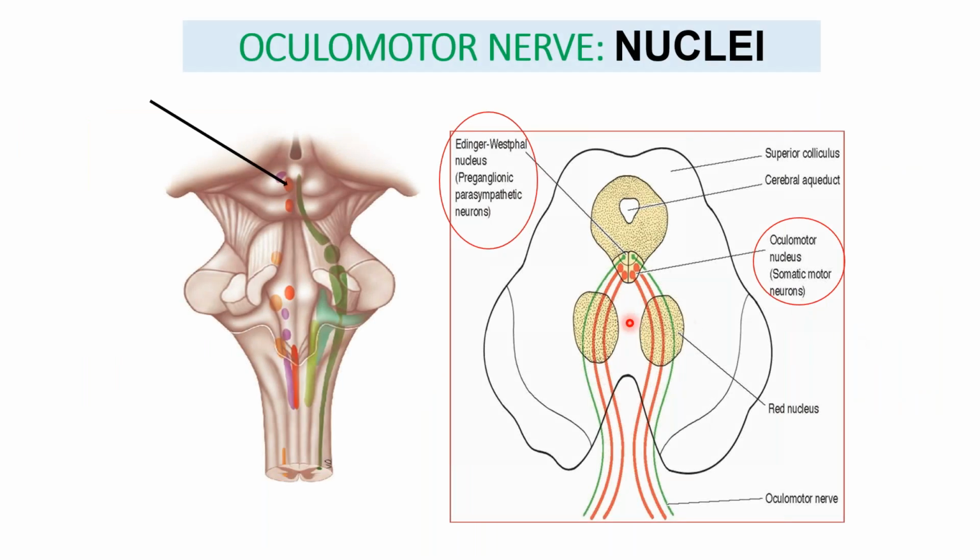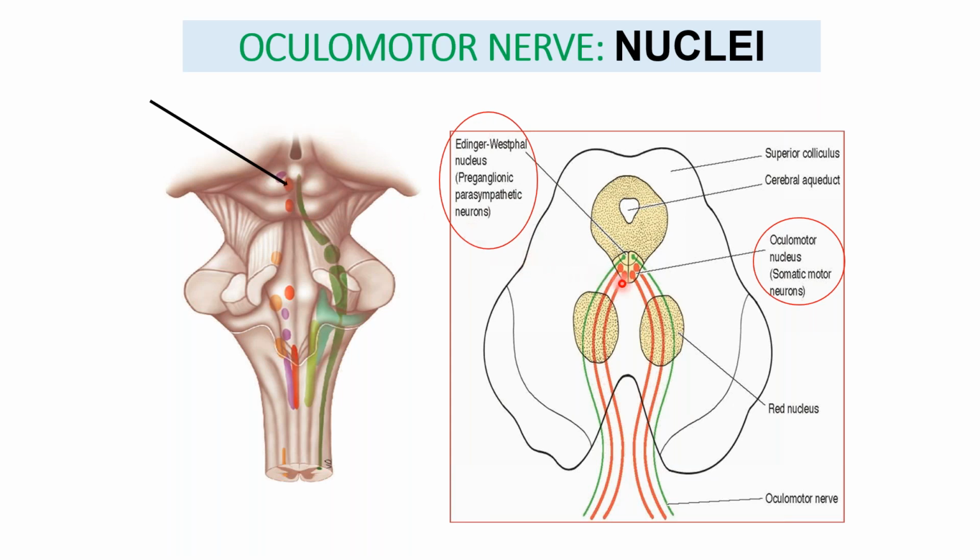Now, let's see how this oculomotor nerve arises and what is the course of this oculomotor nerve. The oculomotor nerve nuclei are situated at the level of the midbrain. This is a portion of the midbrain, this is the pons, and this is the medulla. All the cranial nerves, you will learn in neuroanatomy in detail, how these cranial nerve nuclei arise. This is the superior colliculus of the midbrain, and this is the inferior colliculus. So at the level of the superior colliculus of the midbrain arises the oculomotor nerve nuclei.